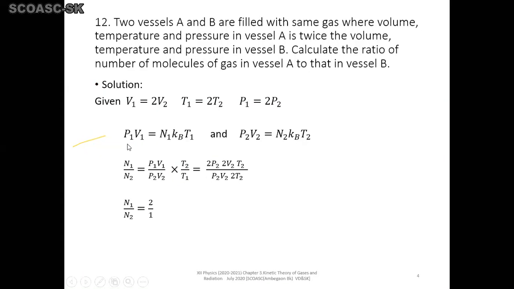Now I have the expression PV is equal to N Kb into T. Now what is going to change? Kb is the Boltzmann constant, that is going to remain as it is. The value is not going to change because it is the proportionality constant relating average kinetic energy to the thermodynamic temperature. Okay, so what we are going to do is,